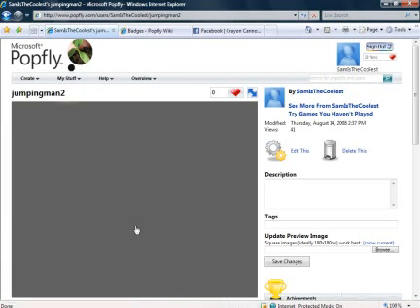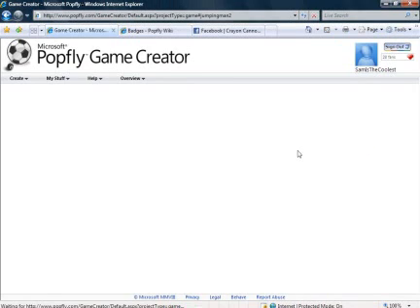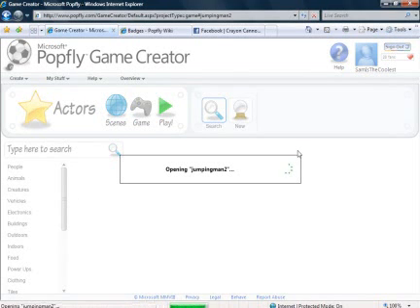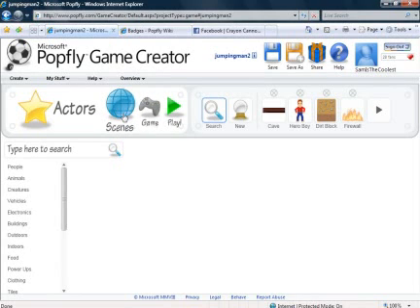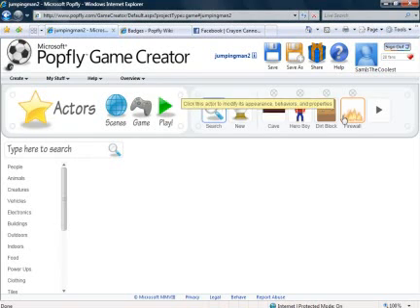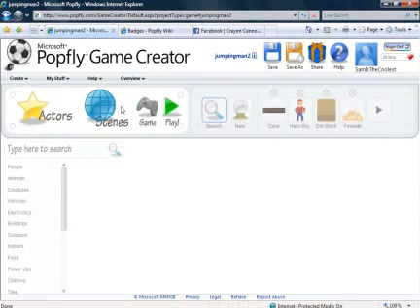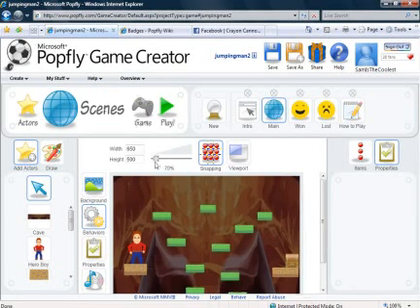Now I'll take this opportunity to edit my game here. You can see that my game is composed of actors, scenes, and a few properties on the game. Now if we look at some of my actors here, you can see that I have a cave, a hero, some fire, and I've got a scene that positions these actors in the way that I want them, and also enables me to define behaviors either on the scene or on individual actors that really kind of bring this game to life. So if we hit play here,